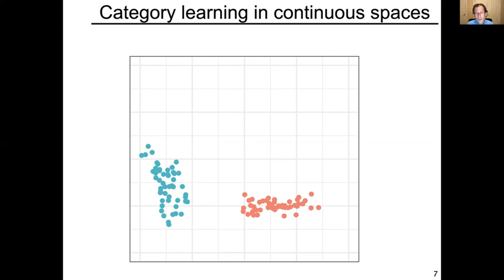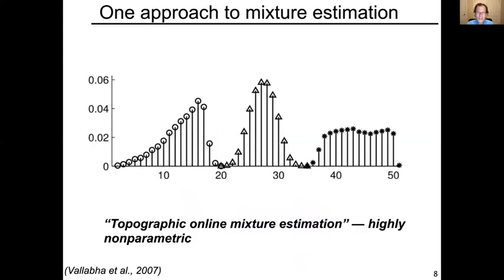So, for example, one of the simplest things you might do is draw a minimal bounding box right around each category and call that the category. We'd have to punt on how large a division between points is allowable to create a distinction between categories. But if we punt on that problem, we might seem to have a pretty good solution here. But actually, this is what is sometimes called a highly non-parametric method, because the bounding box